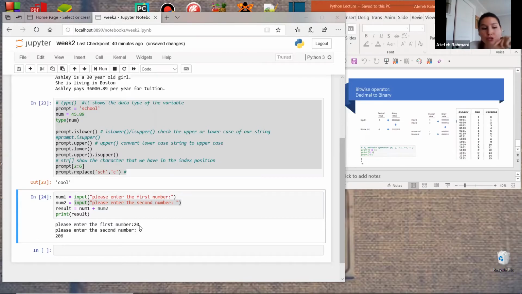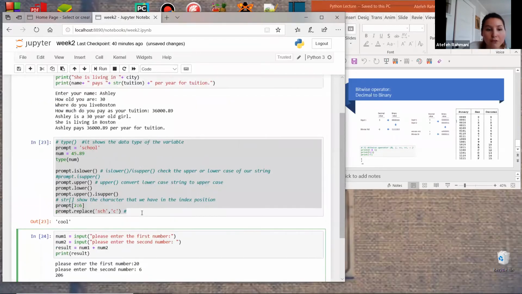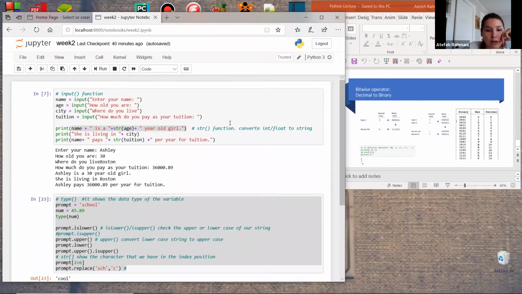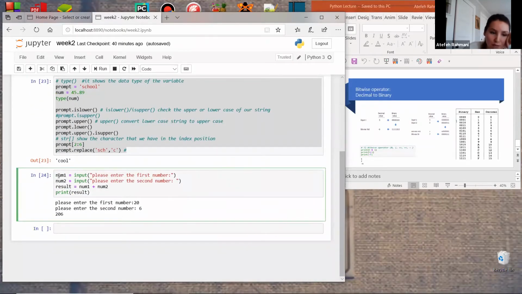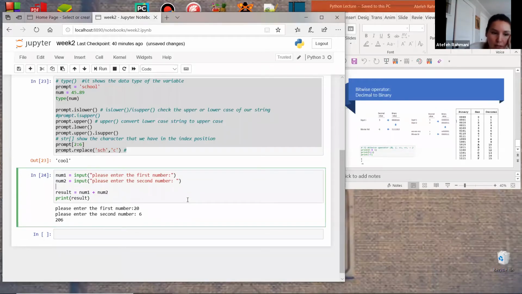Okay, what should we do for that? When we receive a string, we need to convert this string to a number. If you remember, here we converted our integer and float number to a string. Here we're gonna do vice versa. How can we understand this as a string? Actually, it's a good time to come and check. Let me check here. I want to see what is the type of,